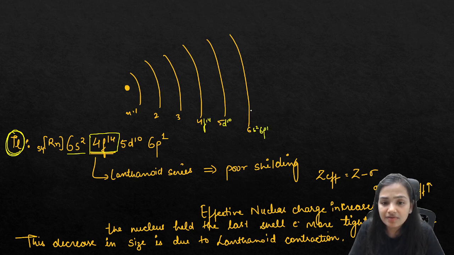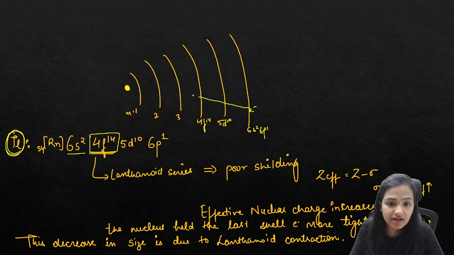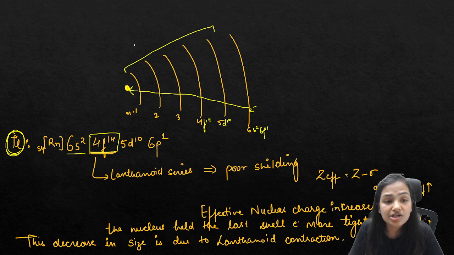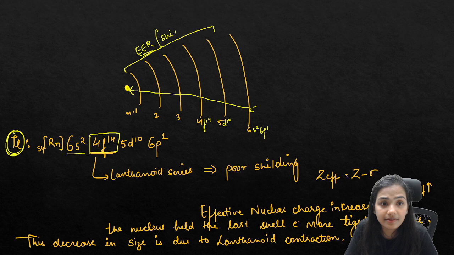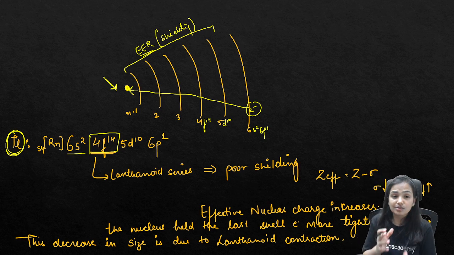Okay, so here we will be having one electron which we will be talking about. What would be the size of the thallium? The size of the thallium will be determined by the nucleus. So this nucleus will try to attract this particular electron towards itself. But what will these inner shell electrons do? These inner shell electrons will try to do the electron repulsion. So when they try to do the electron repulsion, they will act as a shield. They have to shield the last electron from the effect of the nucleus,